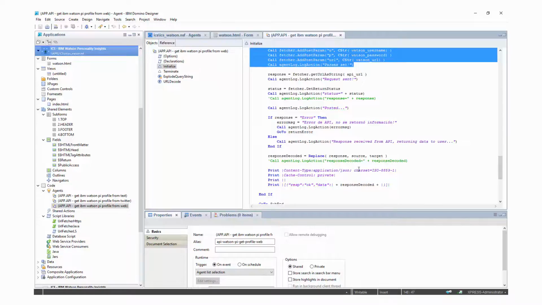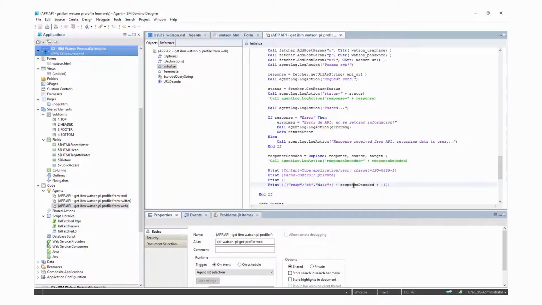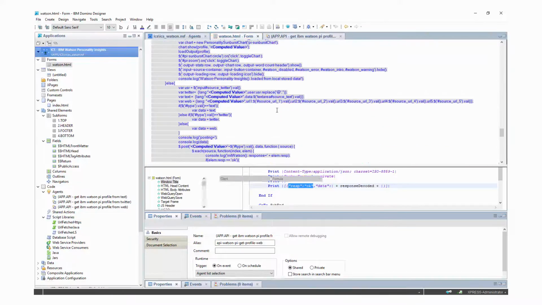It then returns that response, but in a way that the jQuery function understands. It gets this additional code here, the response code, with an OK, and then the